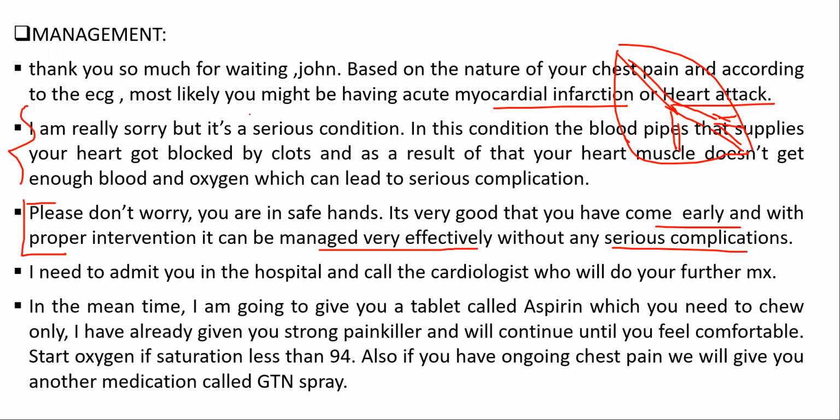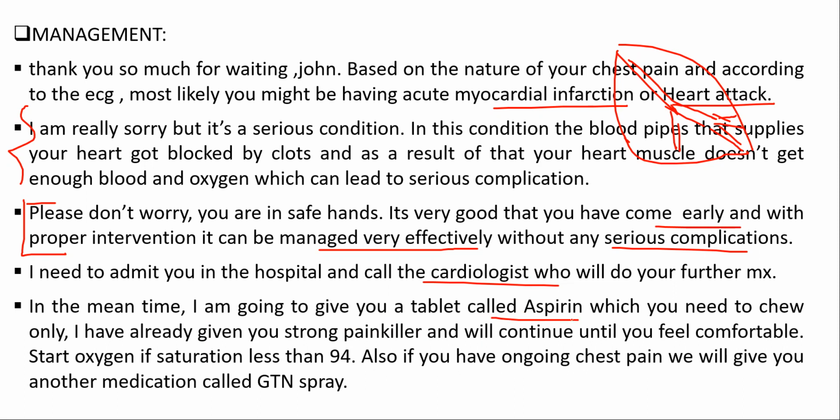John, I need to admit you to the hospital immediately. I will call my senior who will come and review you, and also we will call the cardiologist, who is the heart specialist, for further management. In the meantime, I have already given you a tablet called aspirin, which you have